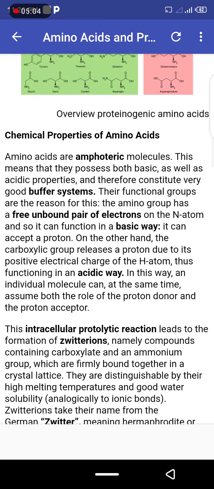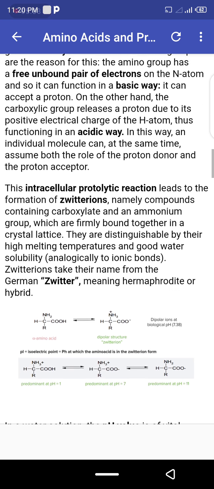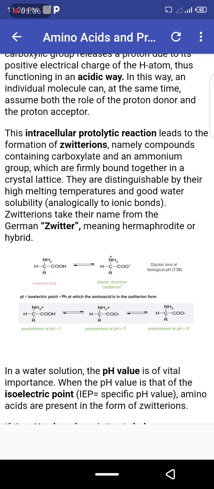The amino group has a free unbound pair of electrons on the N atom, and so it can function in a basic way. It can accept a proton. On the other hand, the carboxylic group releases a proton due to the positive electrical charge of the H atom, thus functioning in an acidic way. In this way, an individual molecule can at the same time assume both the role of proton donor and proton acceptor. The intracellular protolytic reaction leads to the formation of zwitterions, namely compounds containing carboxylate and ammonium groups, which